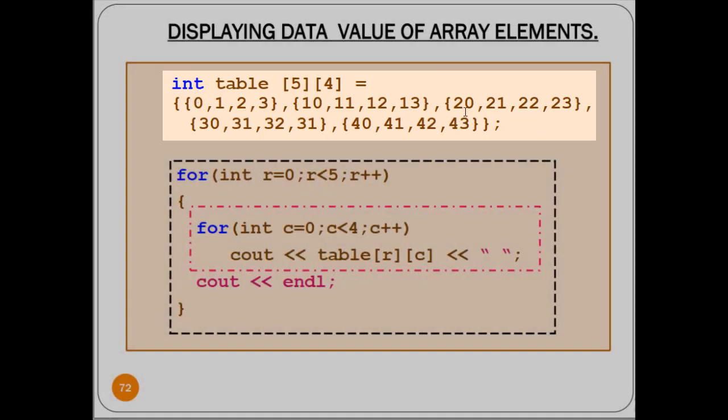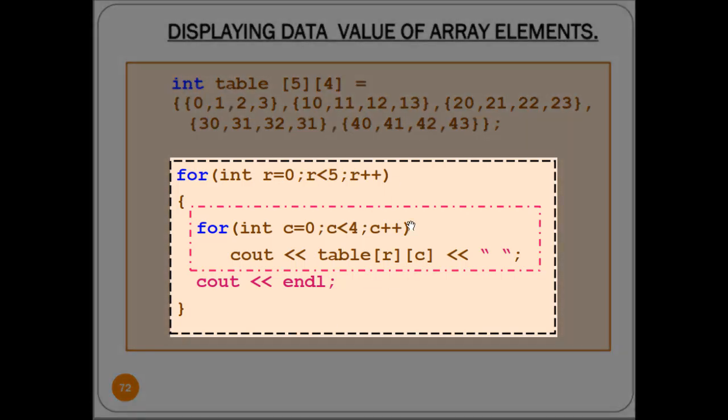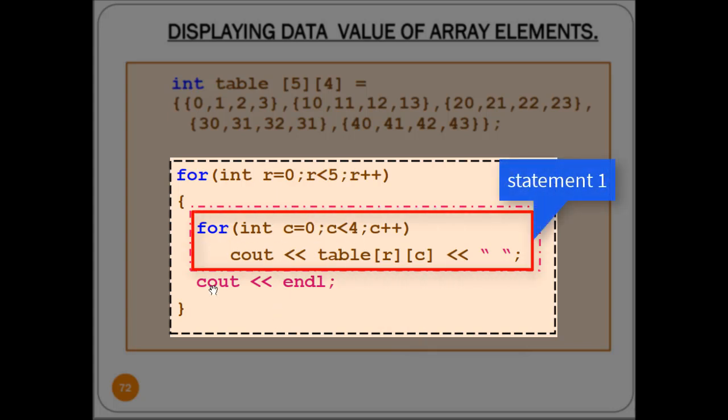Since we want to operate on the entire two-dimensional array, we're going to need a nested for loop. The outer one will iterate from 0 until 4. The inner for loop will iterate from index 0 until index 3. When we print out the value of each element, we put a space in between. But after we finish one row, we want to print out a new line character. That's why we have here cout endl, which is not inside the inner loop, but inside the outer loop. So there are 2 statements in the outer for loop: one, the inner for loop, and another one